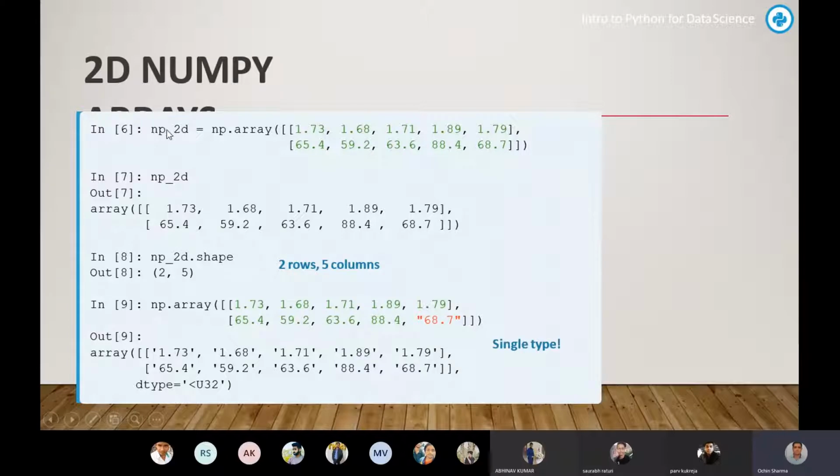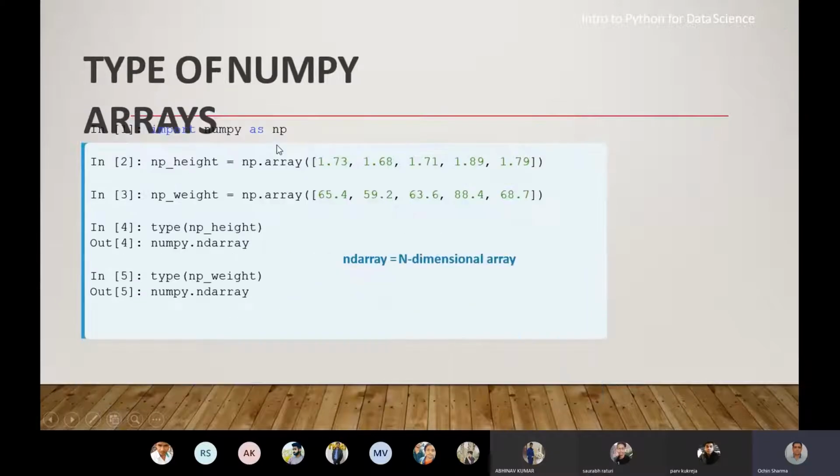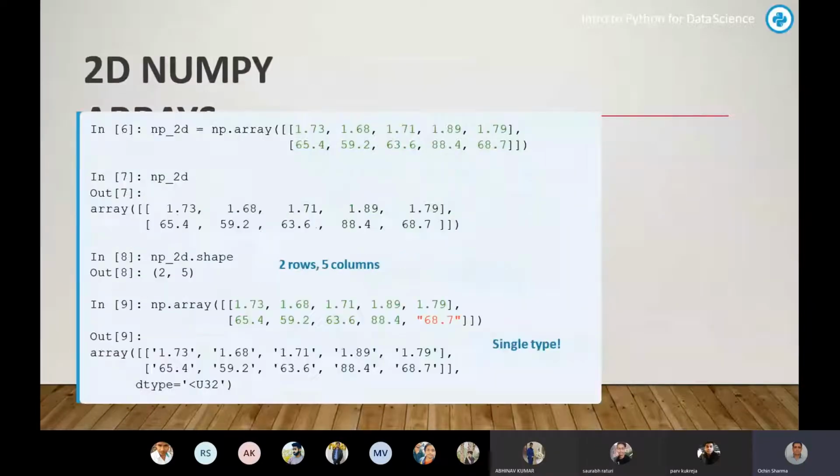np underscore 2d is equal to np dot array. Now in the first row I have given the data of height, and in the second row I have given the data of weight. So this line number 6 is good enough to explain the syntax of a numpy 2d array. np underscore 2d is any variable or user defined name.